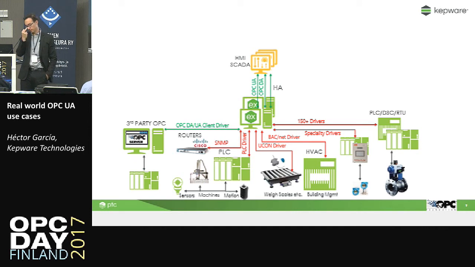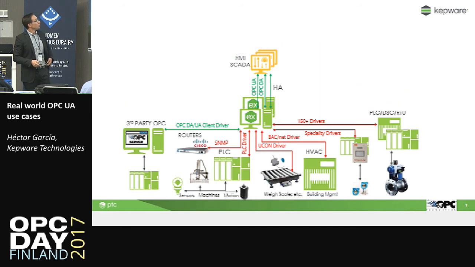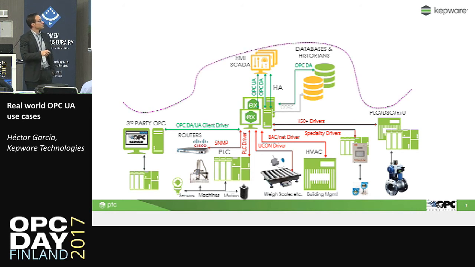High availability. We provide high availability, creating two different instances communicating with the devices, and then putting the data available for the clients in the two different instances of Kepware X. And then the client must decide which one is the active path, or which one is the standby path. We can send information to databases, historize, whatever, and this is for one single plant I may have.